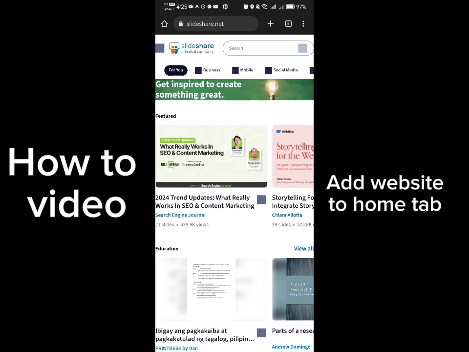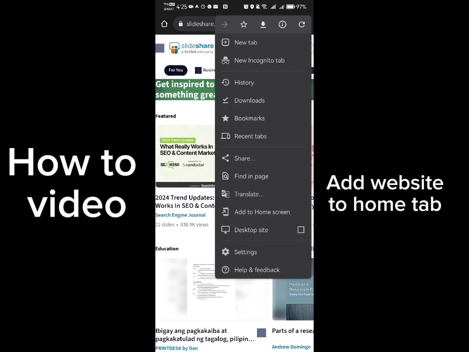So first, as you can see, you go to Google Chrome and then you search SlideShare or any website that you want. And then once you're already there, click the three dots on the upper right side. Then kindly scroll down and click Add to home screen.